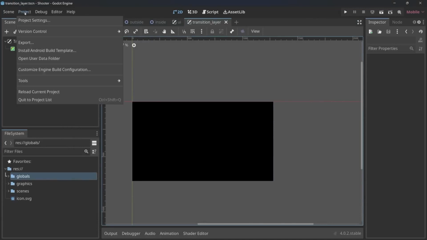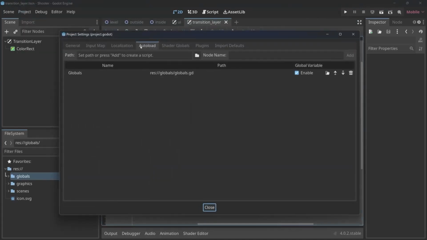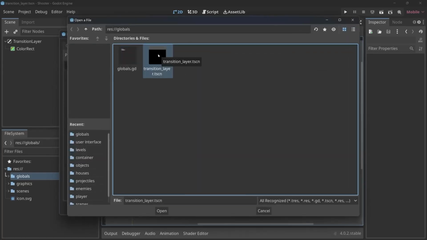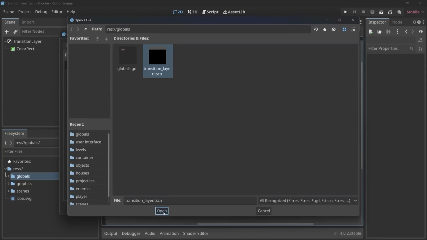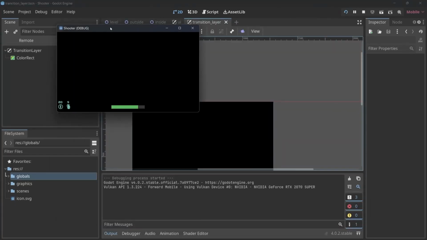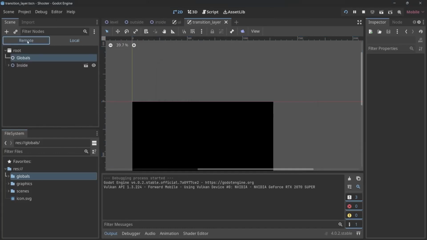And now inside of project settings, there we have auto load. I want to add not a script, but a whole scene, which Godot is perfectly happy with. If I now open this, we have a transition layer name, which is perfectly fine, so I want to add this one as well. If I now run the game, we are getting a black screen, and that is because